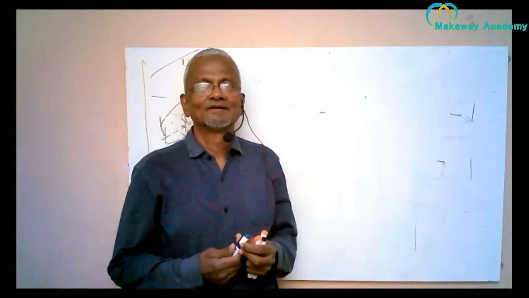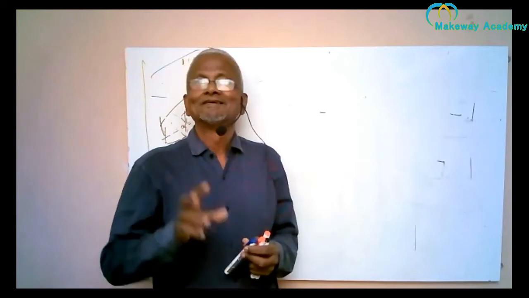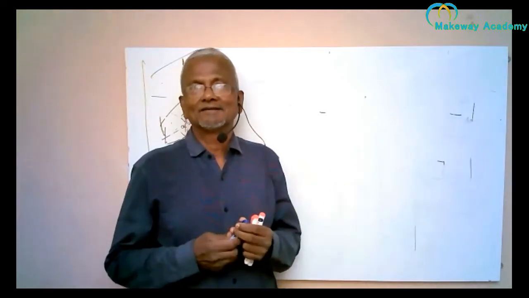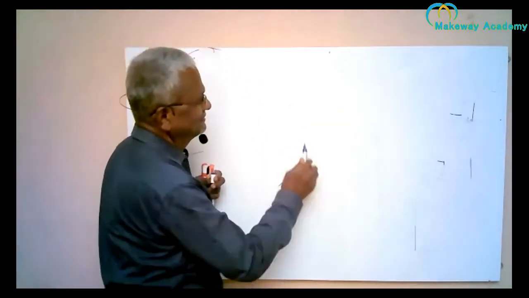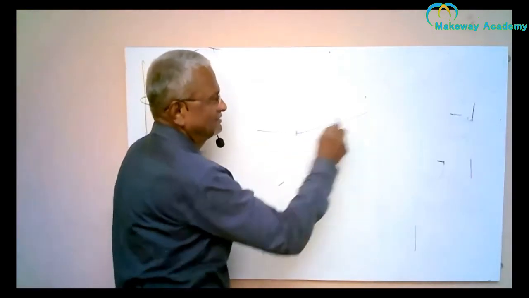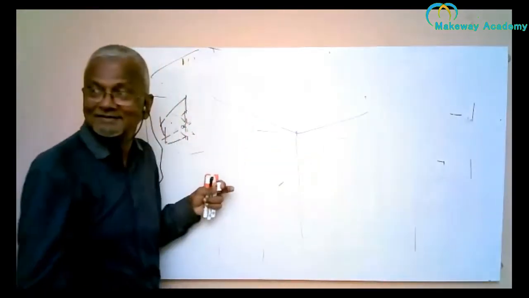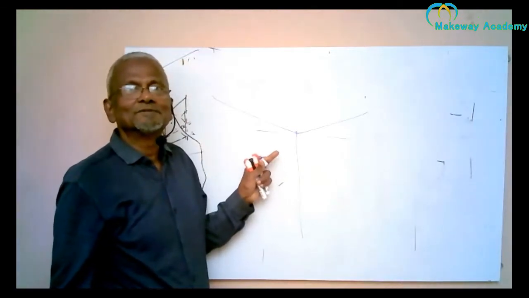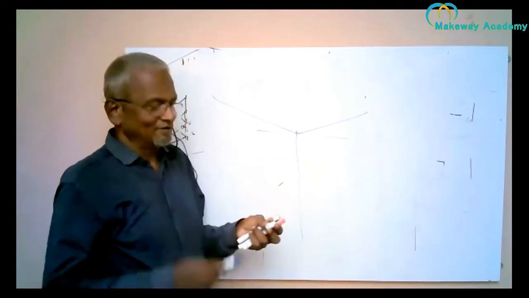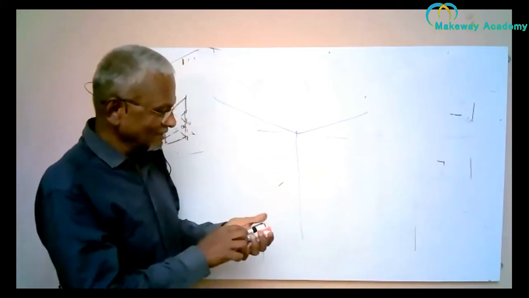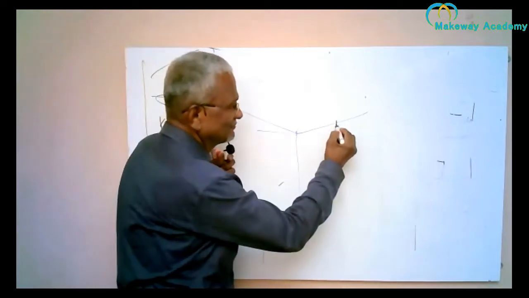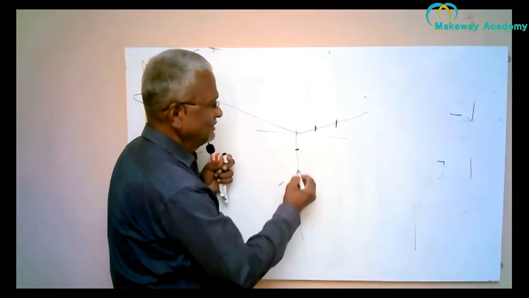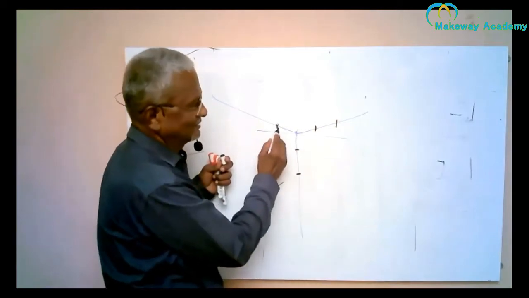So I told you, isometric drawing is built on 3 axes, which are 120 degree apart. See, this is an isometric drawing. Is it visible? I'm using a different color. So these are the 3 axes on which we build the object. So how do I build that object now? See, this is 2 units. This is 2 units. This is 1 unit.